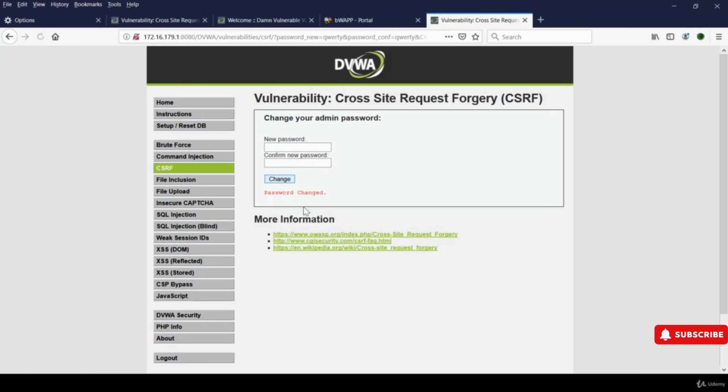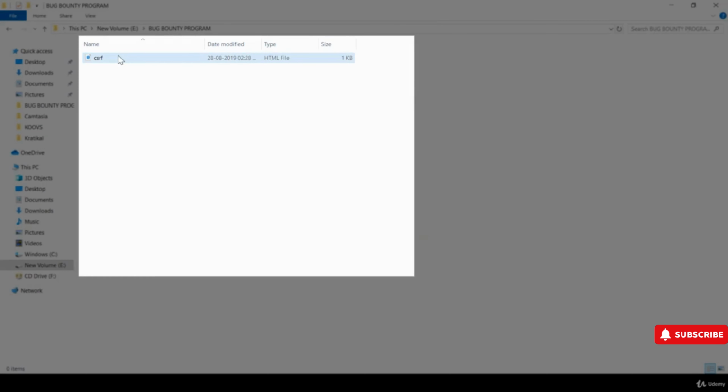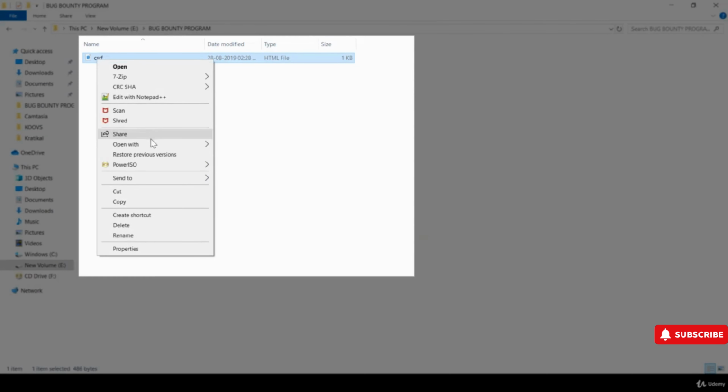Hit change. Now the password is QWERTY. To check whether this site has CSRF vulnerability or not, let's open the file which we have saved in our laptop. And yes, remember this thing, you have to open the file in the same browser where you have logged in into your account. For example, over here I am using Firefox, so I will right click this file and open with Firefox. In some cases it might ask for submit request, and if it's not asking, that's also not